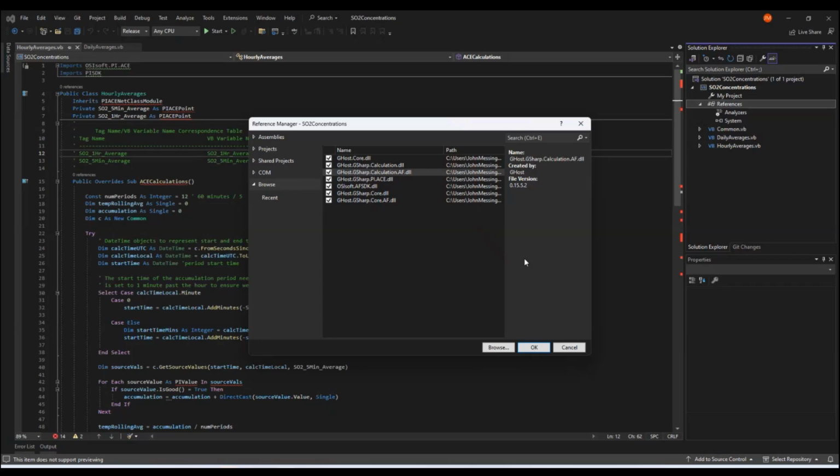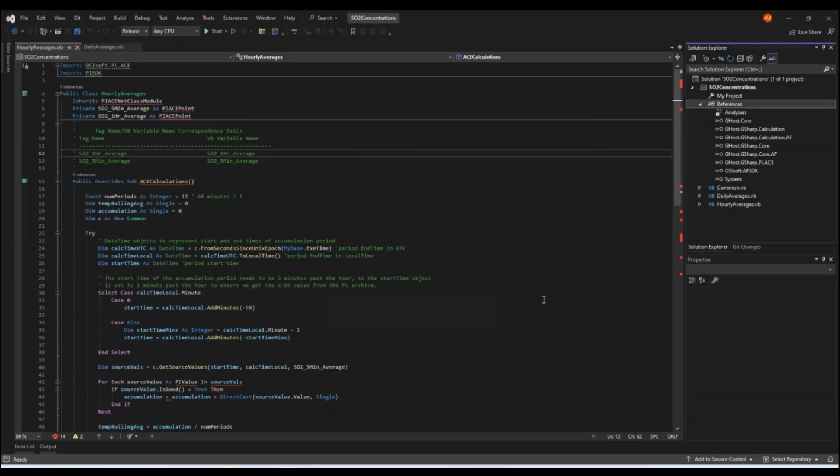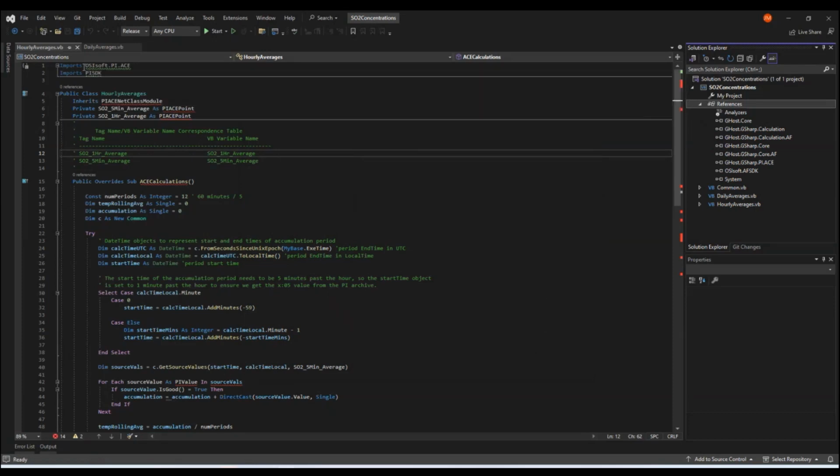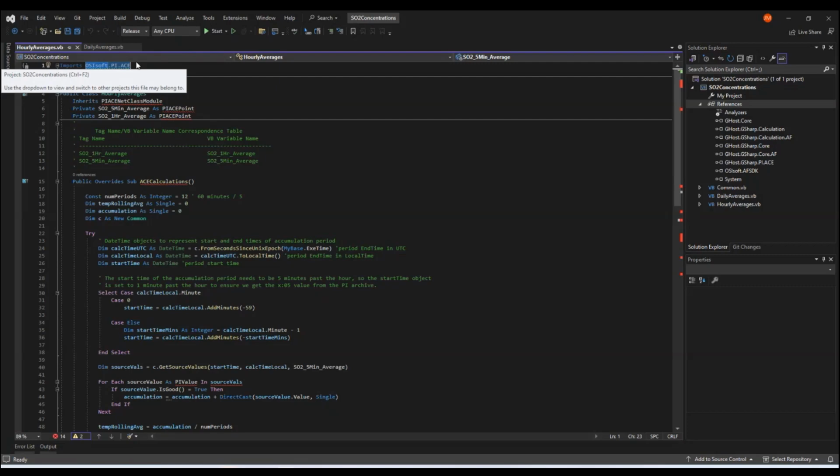For those of you that will be going through this process of having to port calculation code, again, in the developer documentation that will ship with the product, this information will be available to you. So I've added all of those references. We now need to change these import statements up here. So the key thing that we want to change here is that we are going to